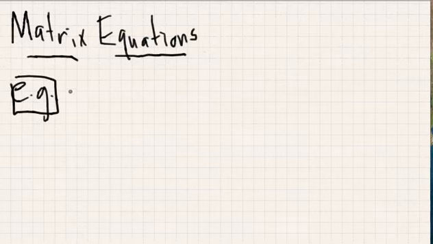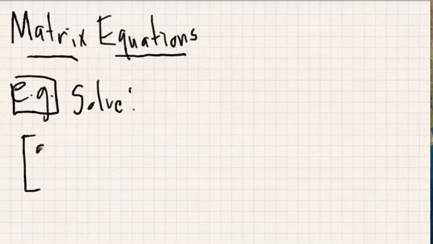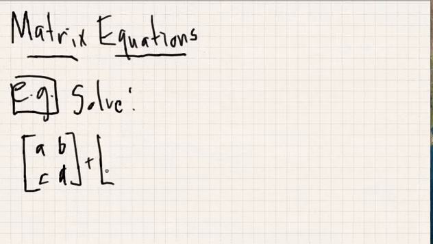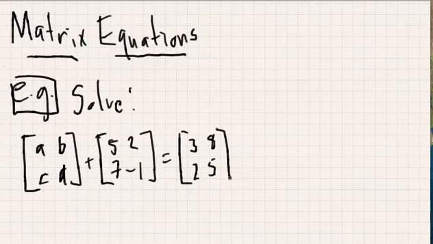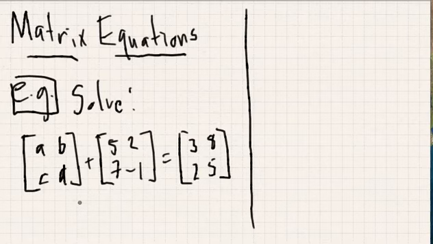I want to know, okay, let's solve the following equation. If I take the matrix A, B, C, D, and I add that to the matrix 5, 2, 7, -1, what do A, B, C, and D have to be in order for me to get the matrix 3, 8, 2, 5? Maybe you can guess what you would have to do,